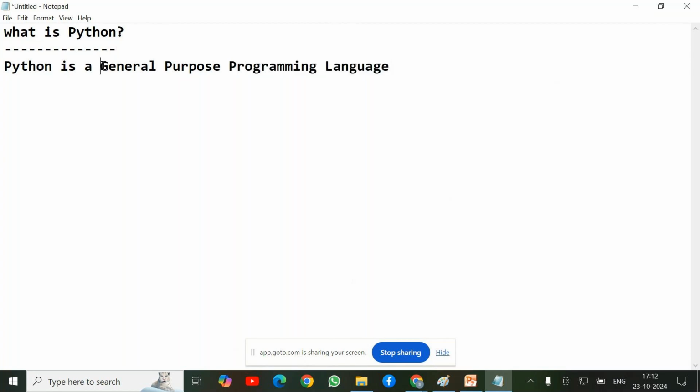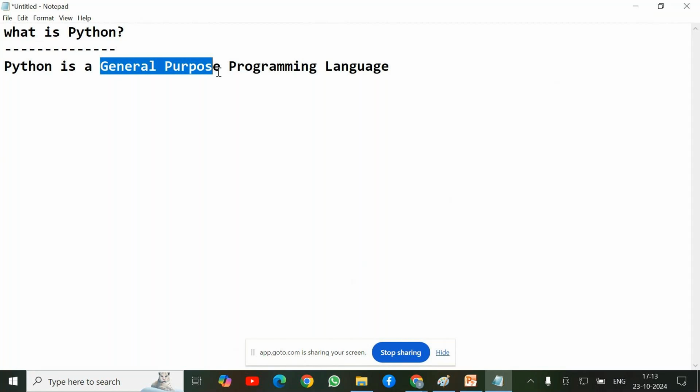Best example: in the artificial intelligence domain, data science, robotic process automation, data analytics, DevOps, cloud computing, MLOps, data engineering, big data domain, web application development, mobile application development, IoT, cyber security, and so many domains we are using Python.